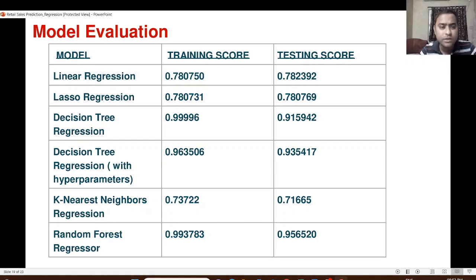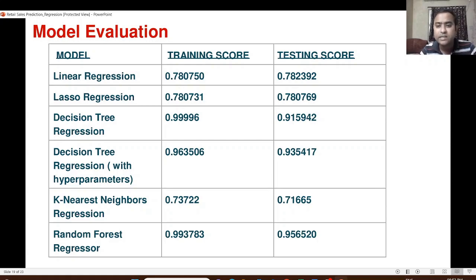In model evaluation, linear regression training score is 0.780750 and testing score is 0.782392. Lasso regression training score is 0.780731 and testing score is 0.780769. Decision tree regression training score is